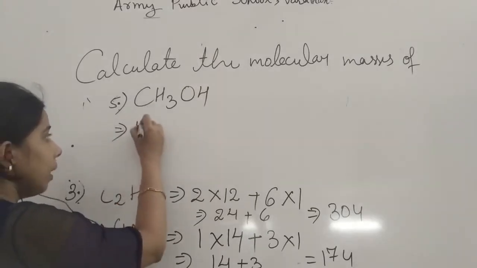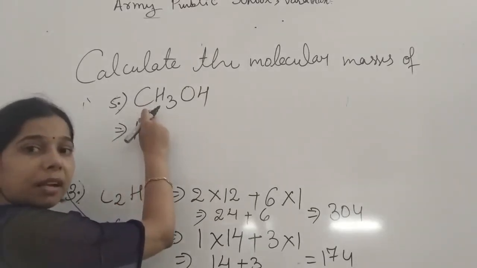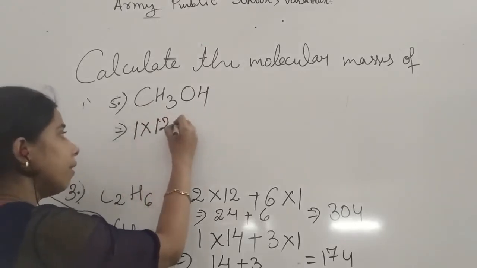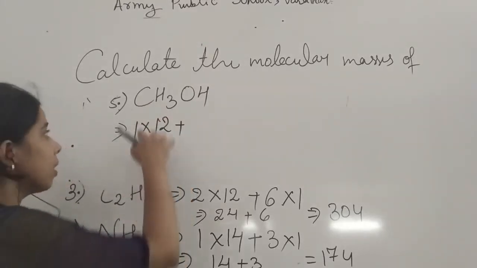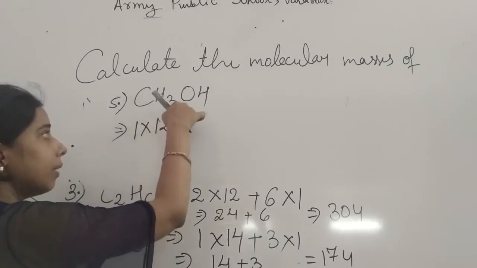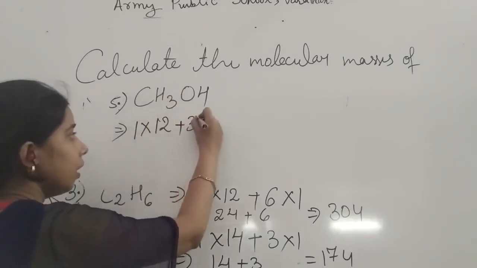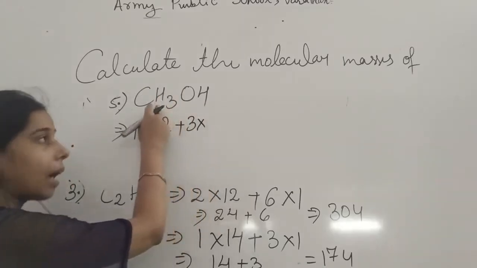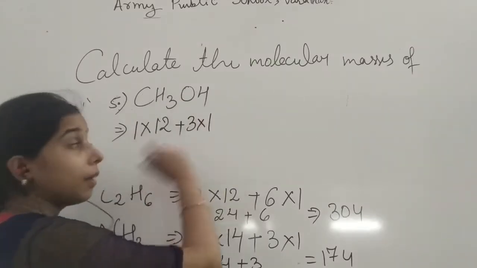So 1 into the atomic mass of carbon, that will be equal to 12 plus. How many hydrogens are there? That is 3. 3 into the atomic mass of hydrogen, 1, plus